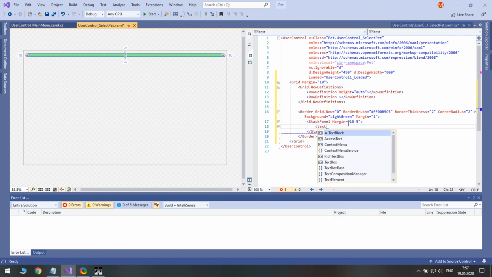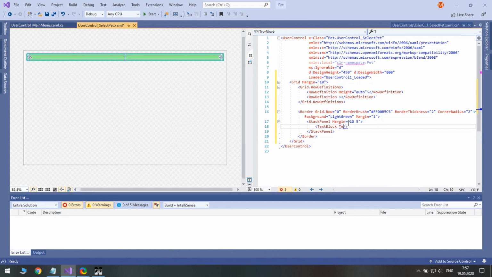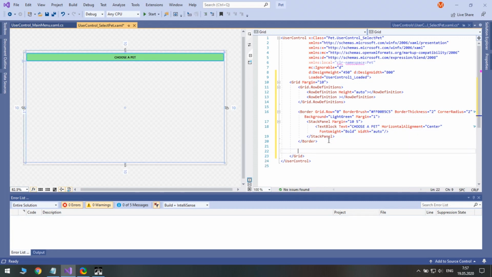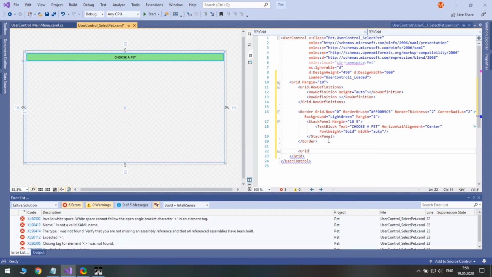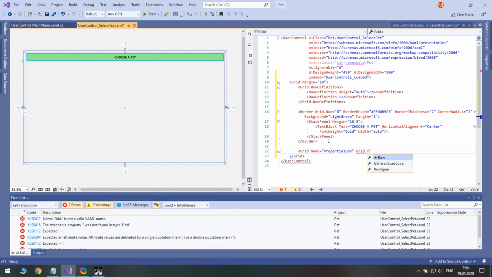And here will be our bold text block. The rest of the grid will be occupied by the properties box. We need a row for description, a row for pets, a row for ages, and a row for the name, so 4 rows.